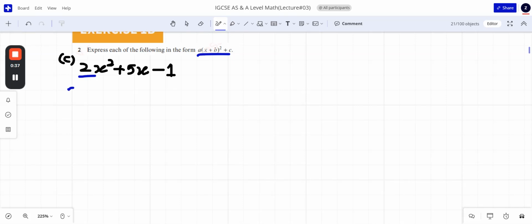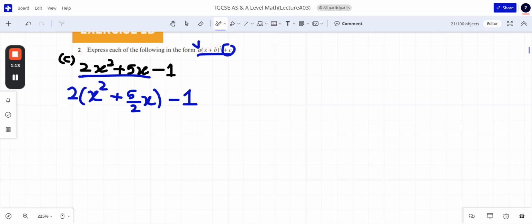Factor out means that we need to take the common. Common means we have to multiply and divide with the same number. So when we divide with the 2x square, it would be only x squared because 2 and 2 will cancel out, and here it would be the 5 by 2. Remember, we should only factor out the coefficient of x squared with the first two terms. The last, which is the constant, will remain the same because the constant is outside this.